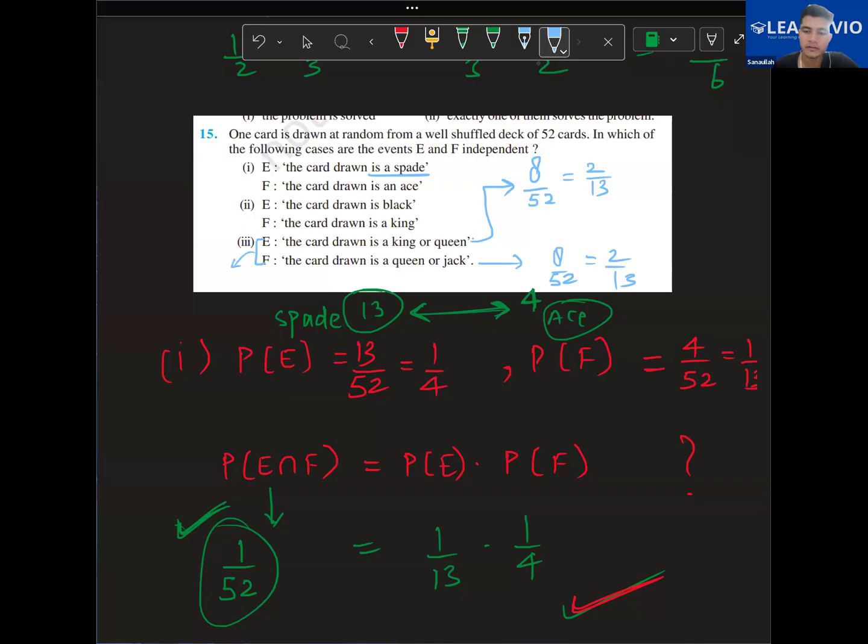And let's check इसका जो कॉमन पार्ट है वो चेक करते हैं, इंटरसेक्शन पार्ट। इंटरसेक्शन पार्ट इज दिस क्वीन, राइट। किंग और क्वीन में एंड क्वीन और जैक में, दिस इज क्वीन इज इंटरसेक्शन पार्ट, है ना। सो आई एम हैविंग 4/52। एंड दिस इज नॉट इक्वल टू 4/52, सो दिस इज नॉट इंडिपेंडेंट। ओके।